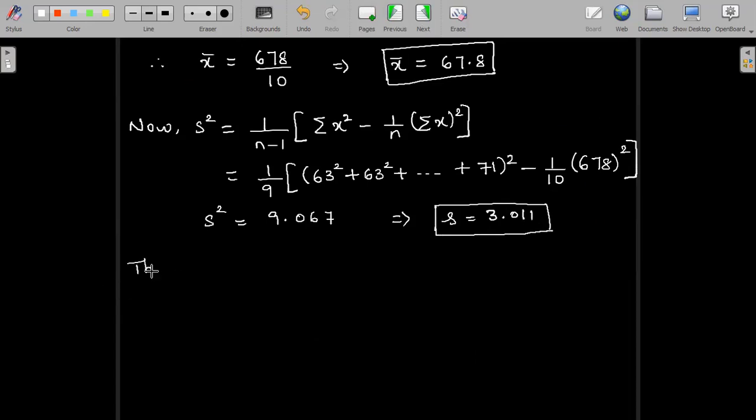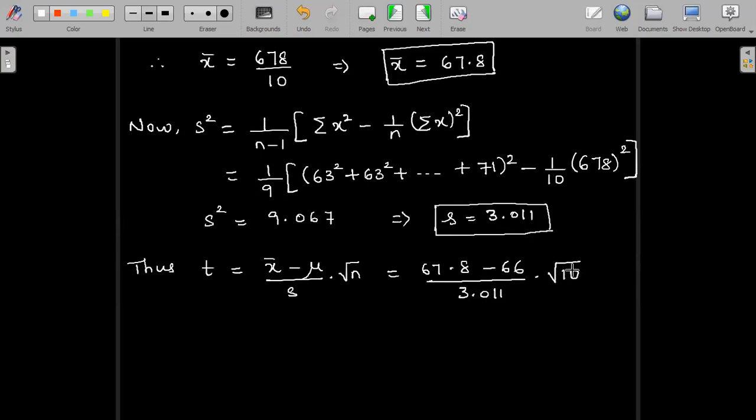Thus, the student t is given by t is equal to x bar minus mu the whole divided by s into square root of n. X bar is 67.8 and we assumed mu as 66. The whole divided by s is 3.011 into square root of 10. N is equal to 10 we have taken. 10 individual heights were given, no? So n equal to 10. Now we can just use a calculator to evaluate this. So t is equal to